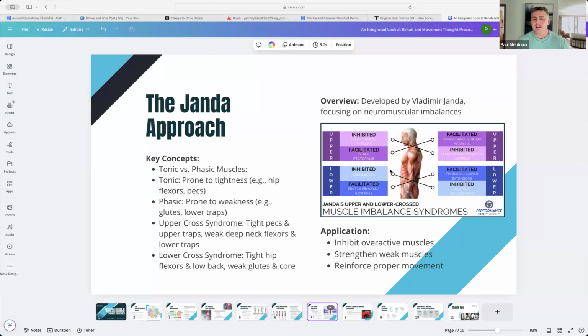For the lower body, we see inhibited lower abdominals in particular and obliques, facilitated rectus femoris and iliopsoas, so iliacus and psoas combined, facilitated thoracolumbar extensors, so the lumbar extensors are really working overtime, and inhibited glute med and max. So for clients, we know that most people could probably benefit from strengthening those areas.